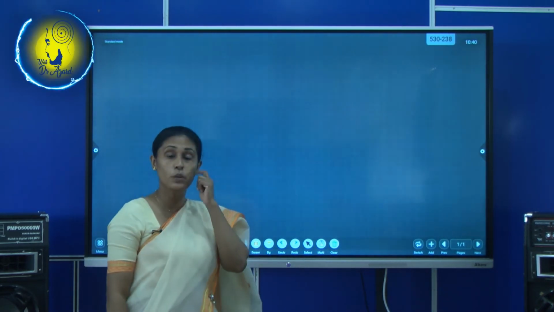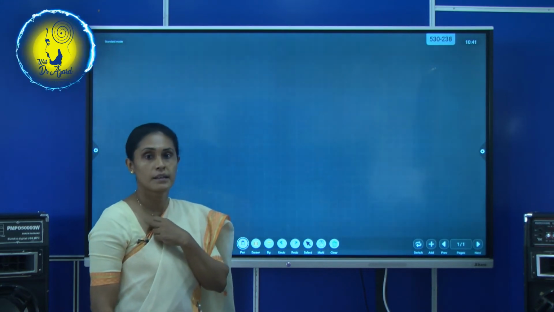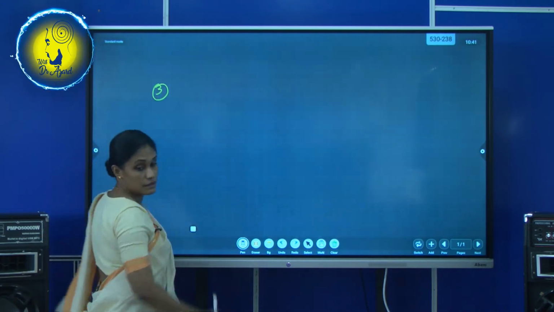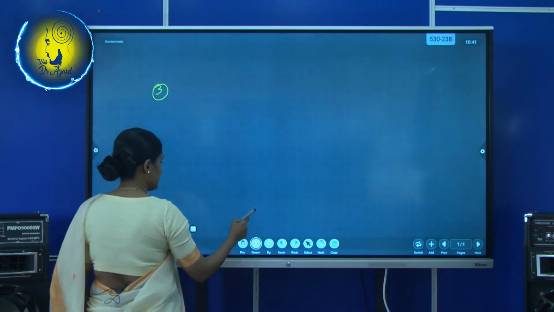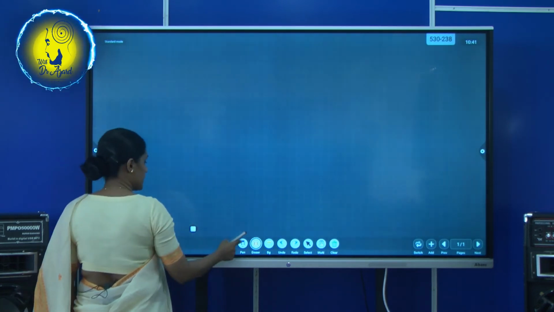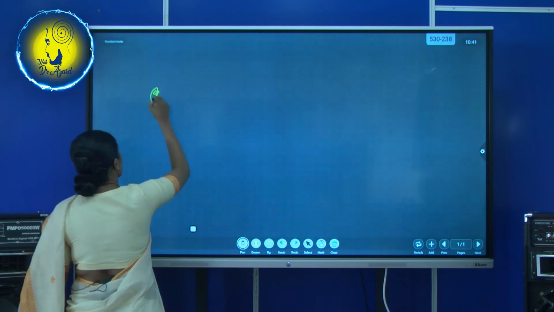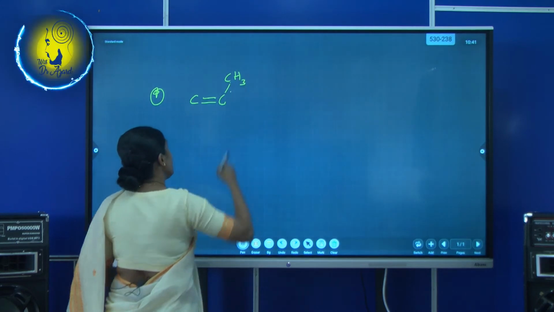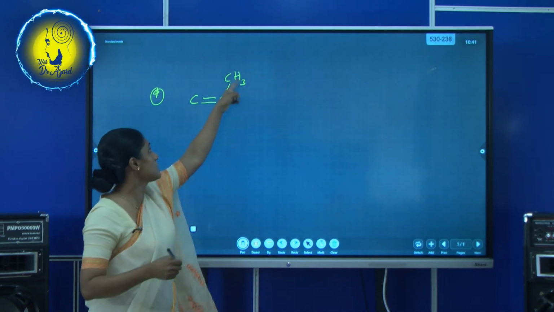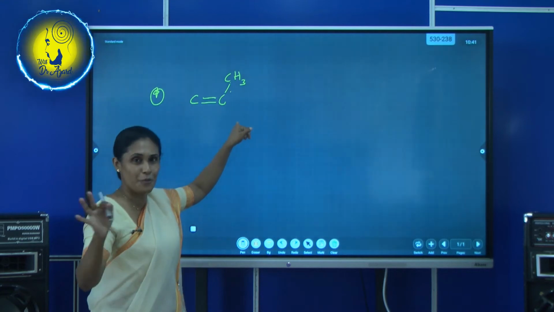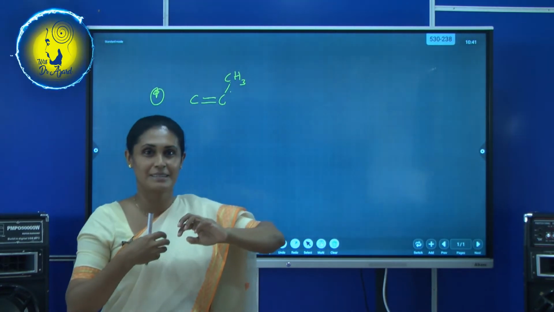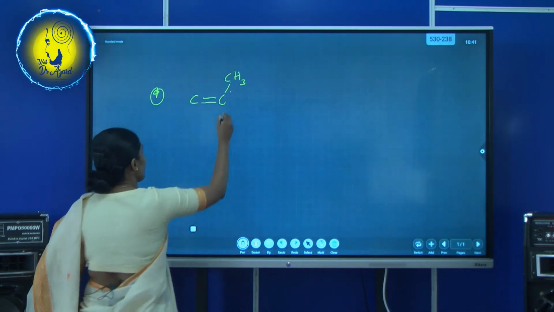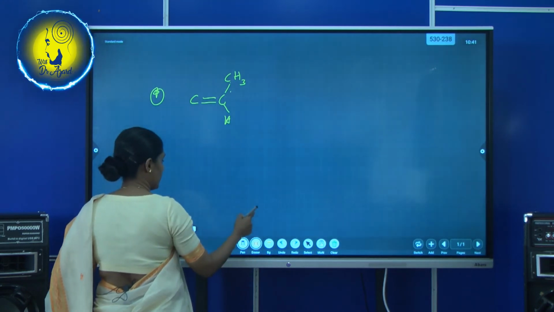Propene with what? Sulfuric acid. Propene. This is my third example, isn't it? Oh no, I'm sorry, it's the fourth. Yes, the fourth example. Ethene, double bond. You may ask, teacher, why did you draw CH3 here? If you want, you can draw it here, no problem, because to show you the process well, only I drew it there, right?